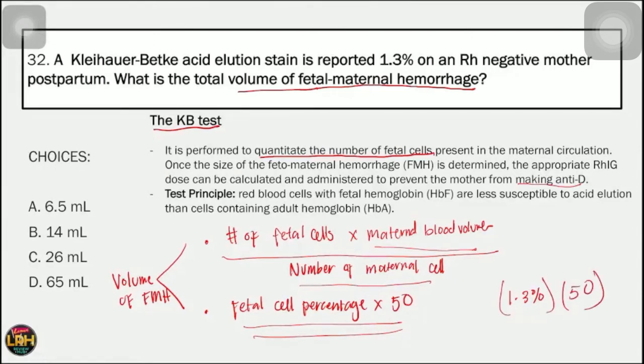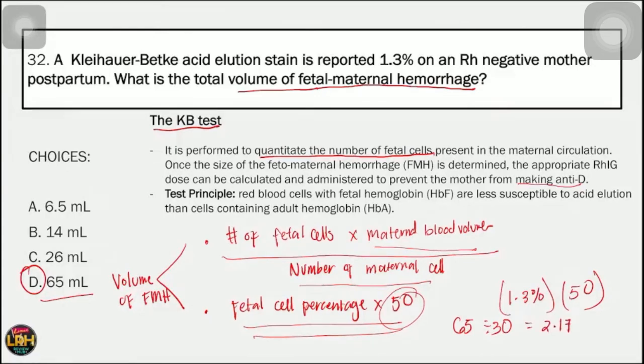And it will give you the value of 1.3% multiplied by 50 is 65. Number 32, the answer is 65. So using this value, we determine that the total volume of fetal maternal hemorrhage is 65 ml. If we're talking about whole blood, 65 ml divided by 30 would give you a value of